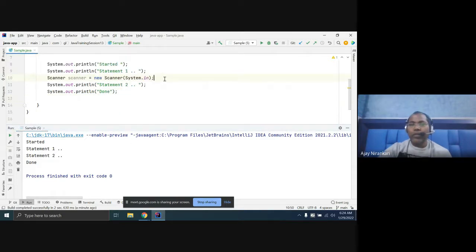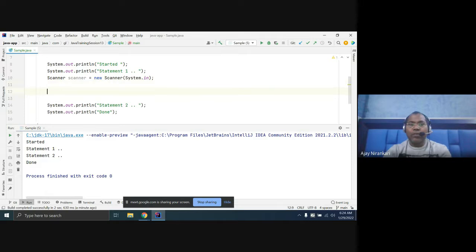So here you can say Scanner, up to this line. Now you have created one scanner reference variable and assigned an object, and this object is created with the help of System.in.